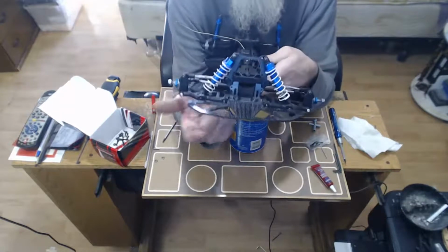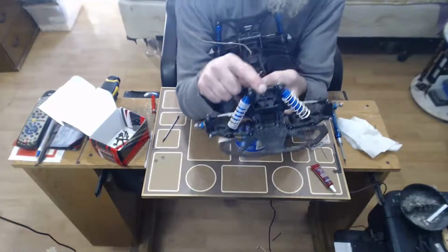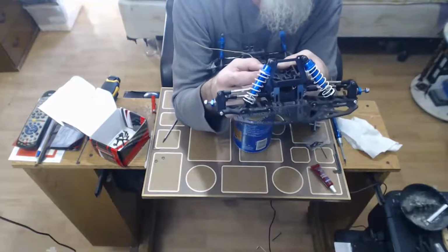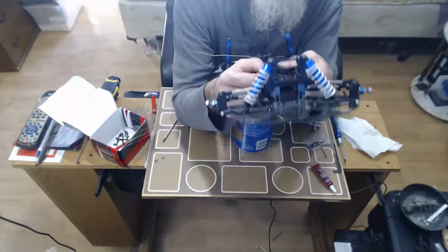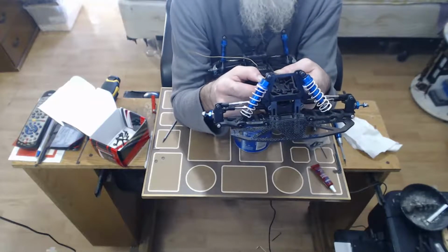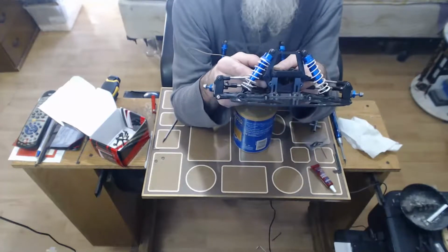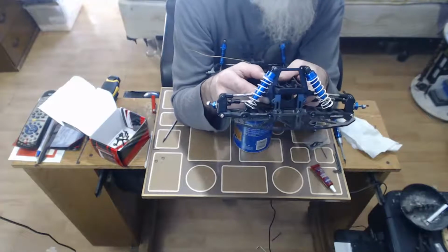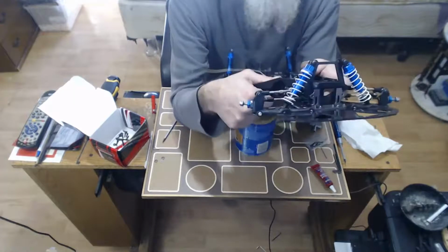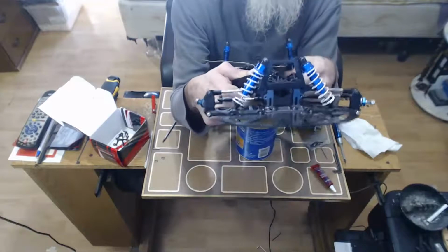But anyways, it's got a Drag Race Concepts front 0-degree bulkhead, the bumper, and the shock tower. Now, on the shock tower, the chassis had to be slightly modified. It took a heck of a lot of work to get the shock tower on this chassis. So you might want to use a different shock tower, and pretty much any shock tower will work with the Drag Race Concepts 0-degree. They mount just like a stock. You can use a stock shock tower on the 0-degree bulkhead. But I went with the one I used on the 0-degree, and I had to work it on. Didn't think it was going to fit, but it took me a little bit, and I got it to